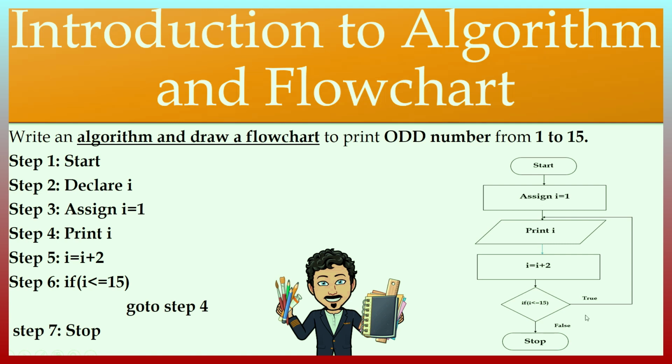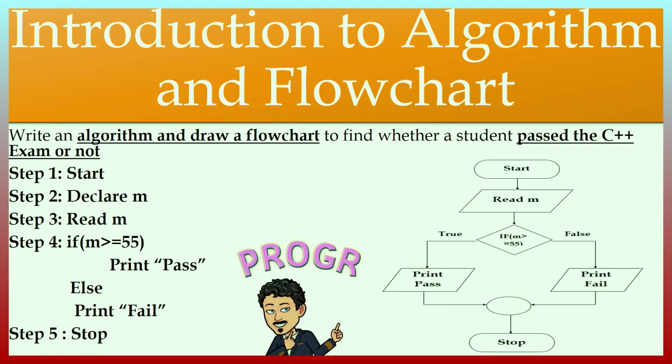If it is true, it will go back to step 4. Here you can see, go back to step 4, the print I. It will go back here. If the condition is false, the program will be stopped. It's very easy, right? So the next example is: write an algorithm and draw a flowchart to find whether a